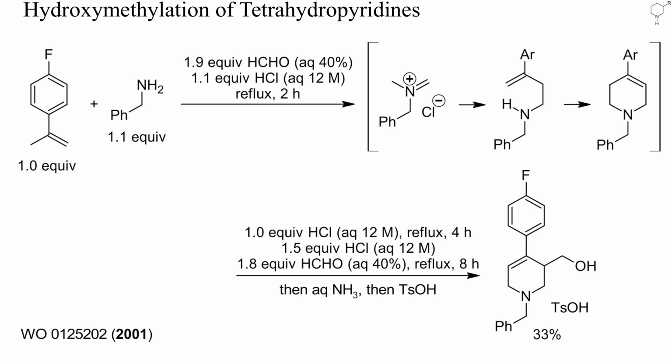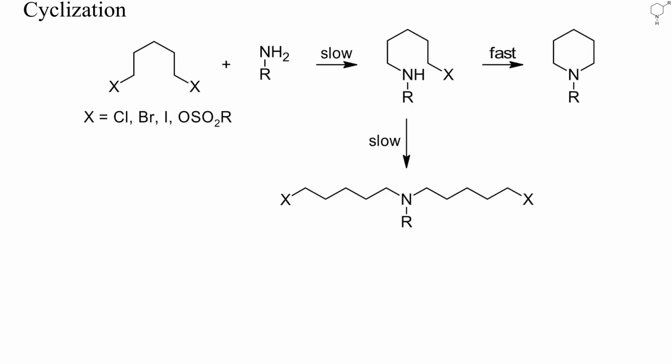Under optimized conditions, it is even possible to hydroxymethylate the initially formed tetrahydropyridine once more, as shown here. Again, the product was meant to be an intermediate for paroxetine. The yield was only low, and an important side reaction was probably aromatization to the pyridine by hydride abstraction with formaldehyde. Reaction of 1,5-dihaloalkanes or related dielectrophiles with primary amines usually gives high yields of piperidines, and only small amounts